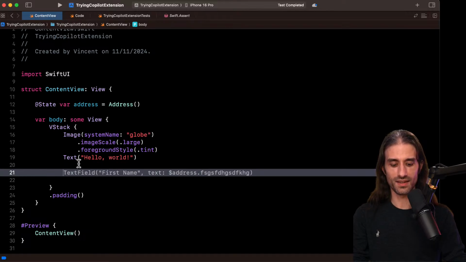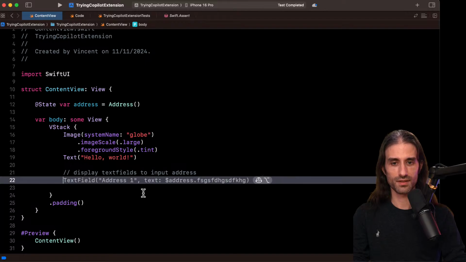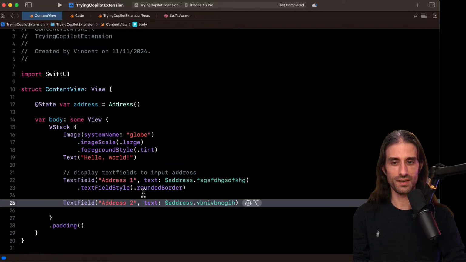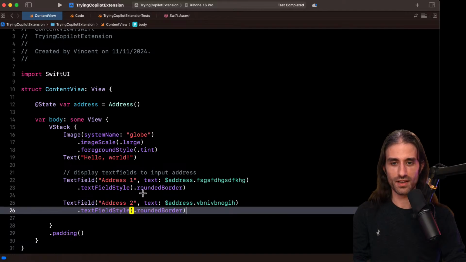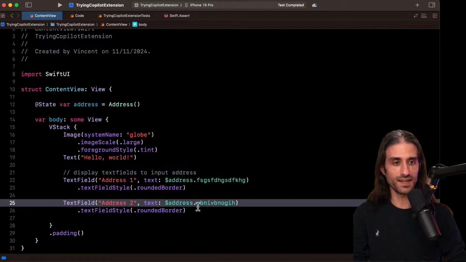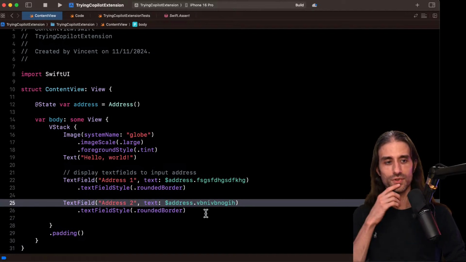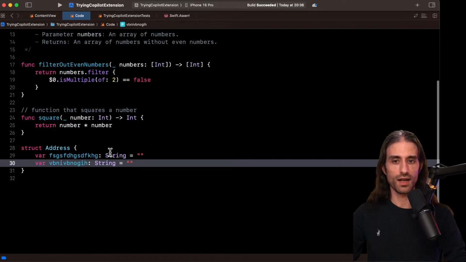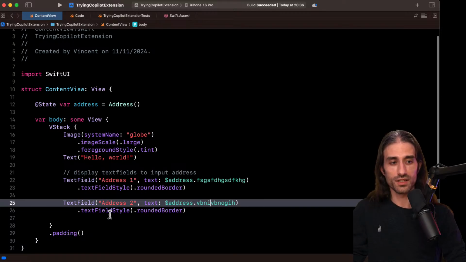So I'm going to say, display text field to input address. Okay. Yes. And it's very simple. If it builds, and the fact that they are colored correctly seems to suggest that it's able to look at the content of this other file to make the request here.